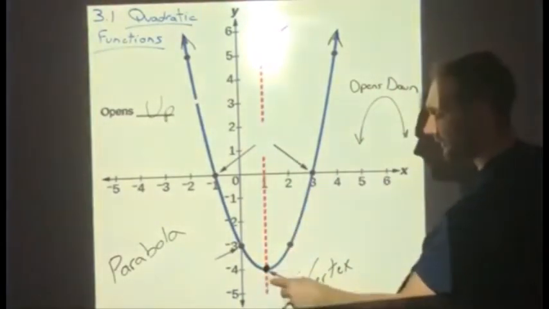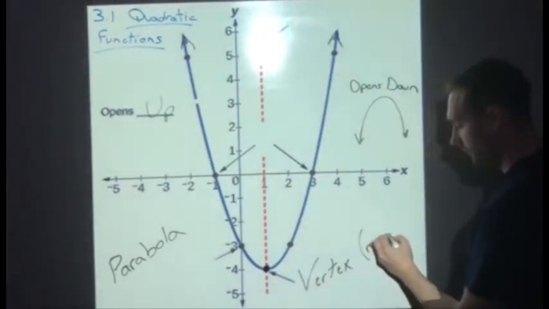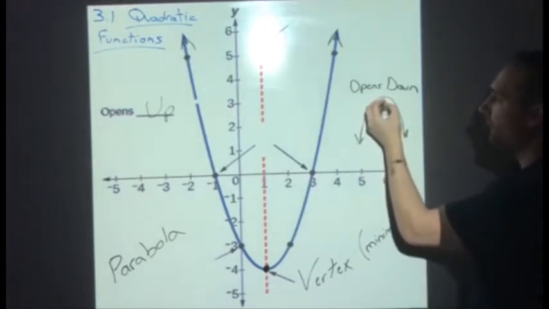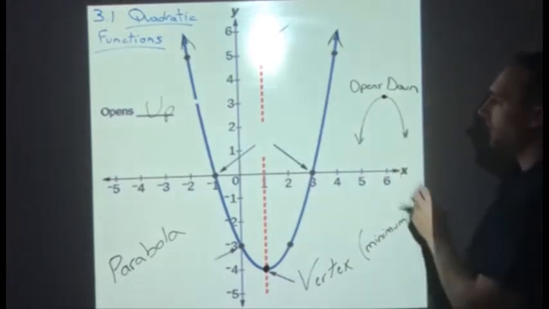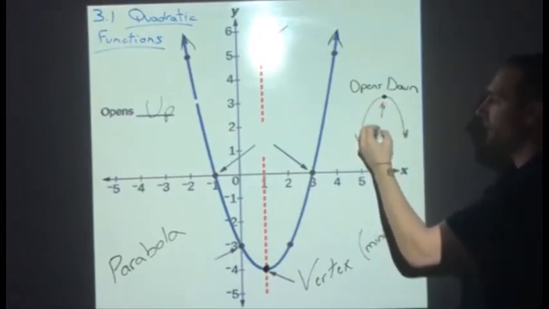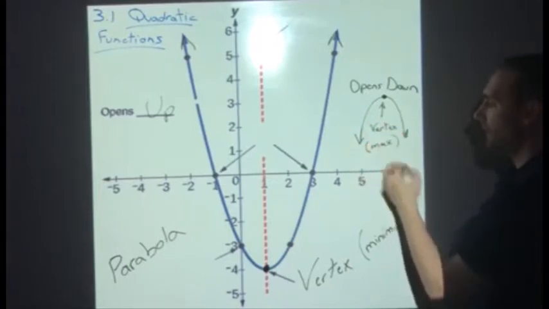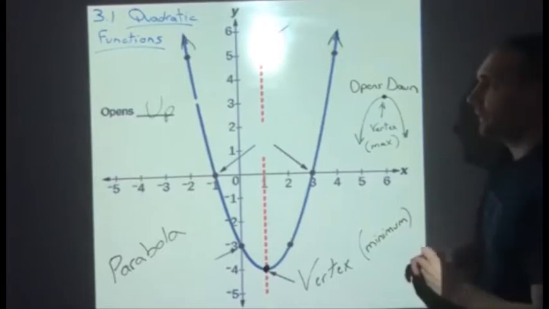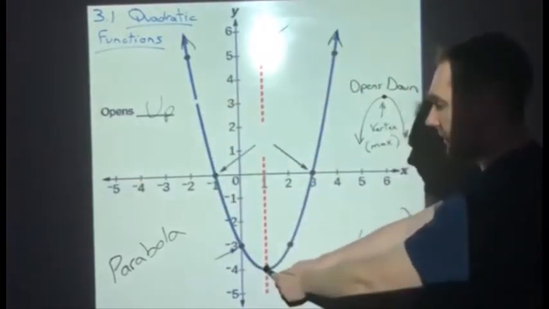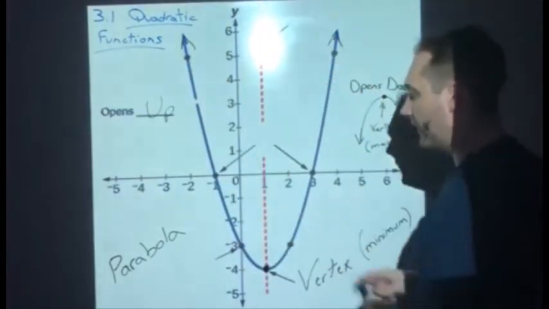Now notice my vertex here is about my lowest point, also called the minimum. Here in my parabola that opens down, my vertex will still be here at the apex. And instead of a minimum, I would call this my maximum. So my vertex here is also known as my maximum. So most importantly, where is your vertex in a parabola? Right here. It's pretty much your starting point,